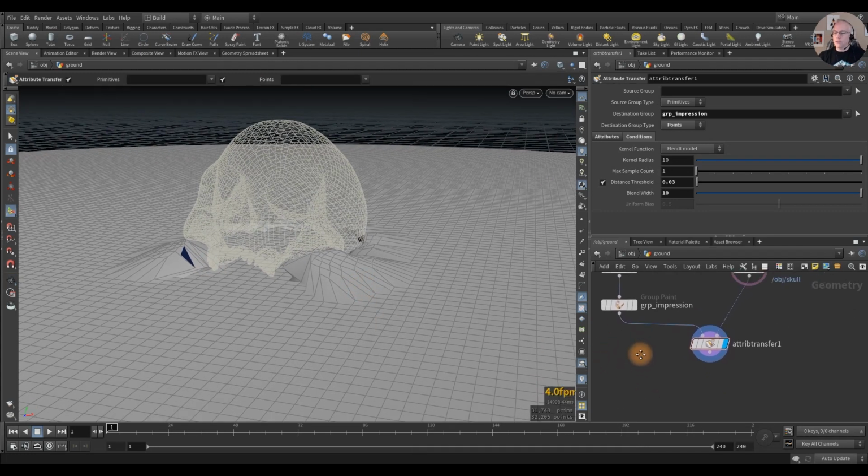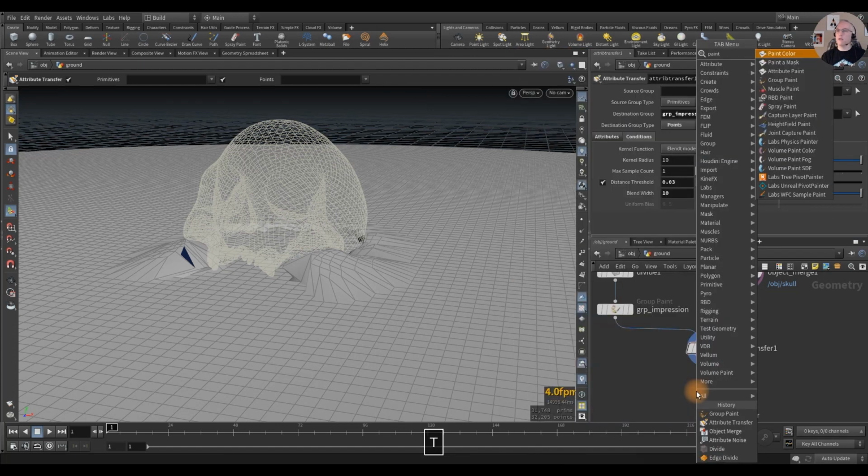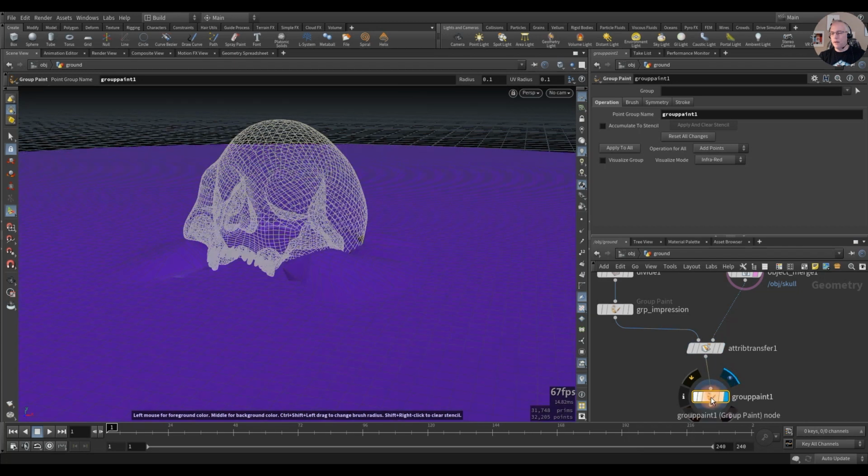What else would make this look even better? How about we'll turn all of this into kind of like a hill area, so it's like a raised mound area in the ground, and we'll use the same idea again, and we'll do another paint, except this time let's see if we can do, we'll do a group paint. That'll be fine, and then because we're going to smooth it out anyway, and then this will be, I already know we're going to call this group hill, and we'll change this to our $OS,